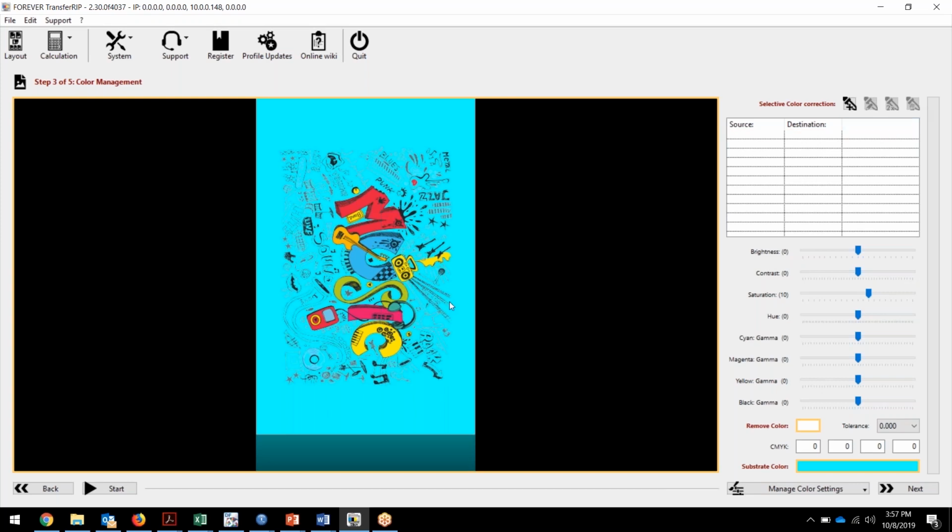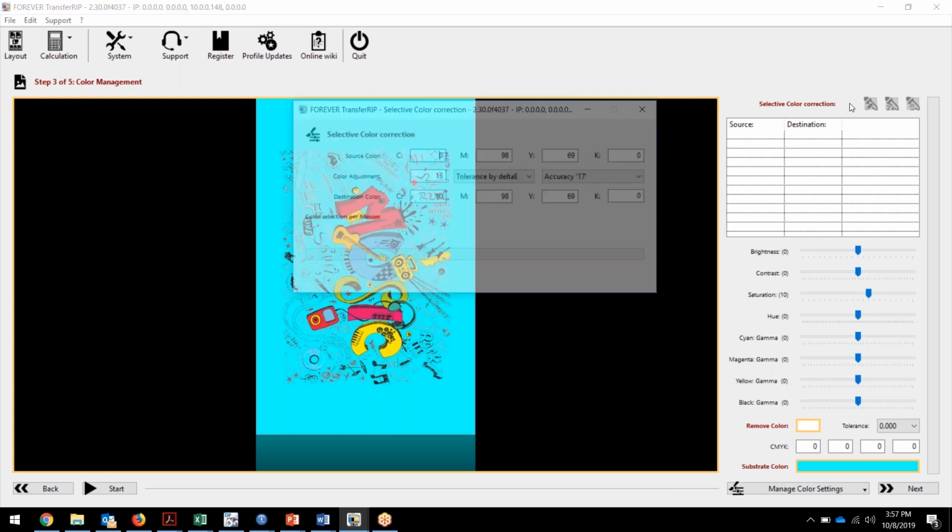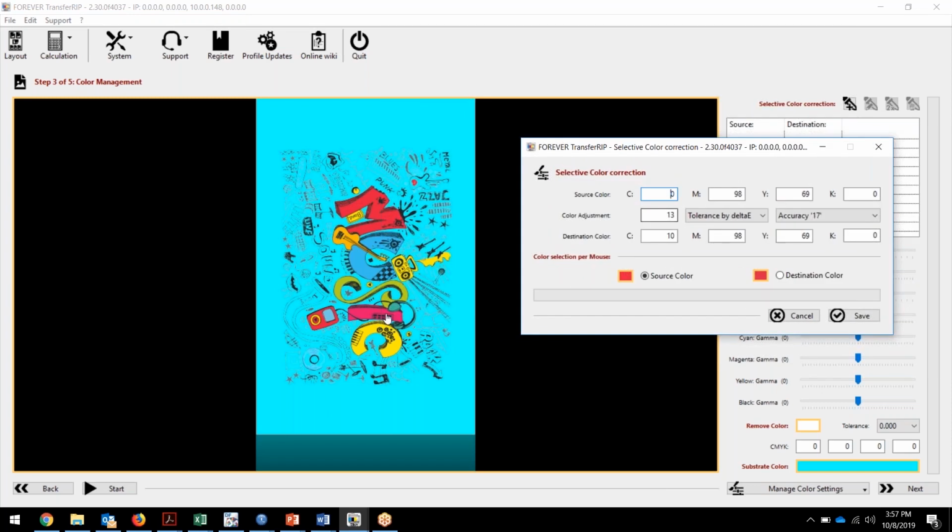So now the next thing I'm going to do is when you're printing black, in order to achieve the best process black, you will go into your image and select the black within the image, and it's going to give you a color output here. Most of the time, it is going to just give you a little bit of each to try to create that black. In order to get the best process black, we want to come down here and change all of these to 100,